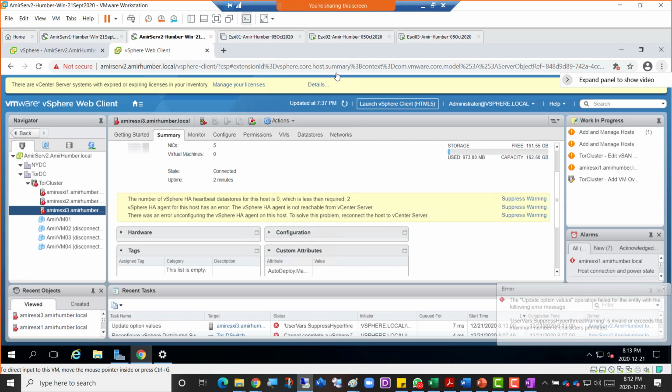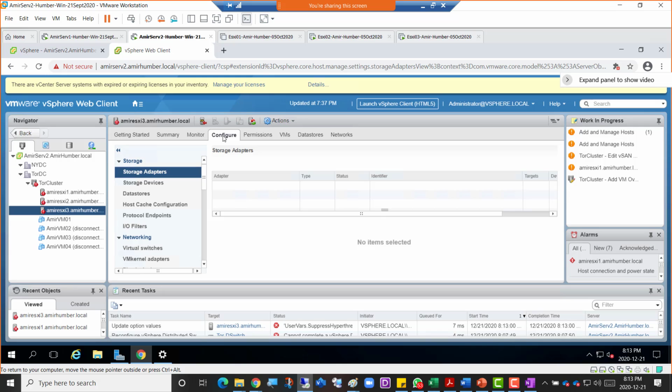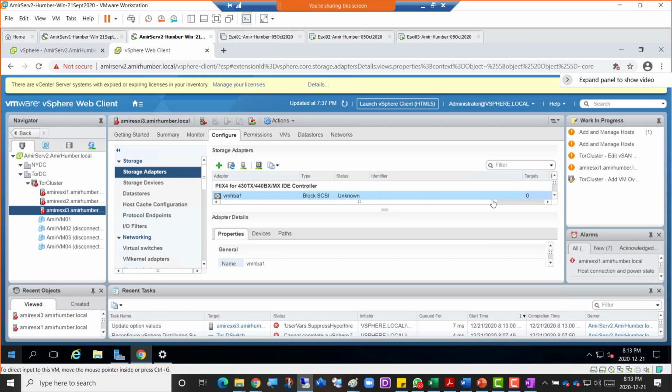Yes. Okay, update option values, operation field exceeds the maximum number of characters permitted. Okay, anyway, so the Tor cluster is trying to go for those settings to deploy the agent, as well as they used to be vSAN machines. So that's why we will see some errors, but I'm going to try to still add it to the distributed switch. Before that, I'm just going to confirm if it's showing